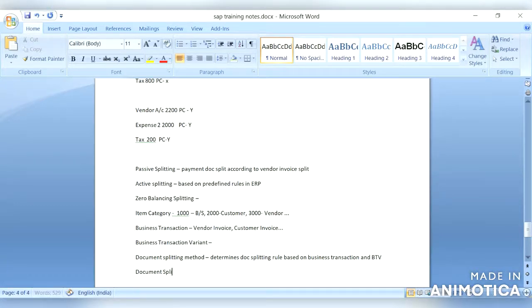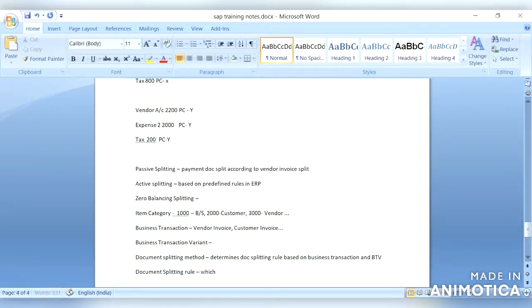Document splitting rule. So document splitting rule determines which item categories will be split and from which item categories it will derive the account assignment.